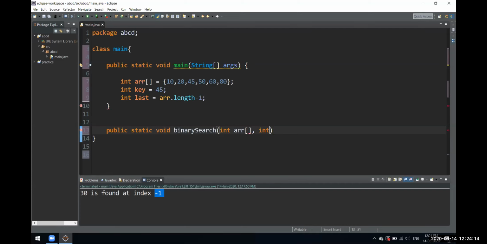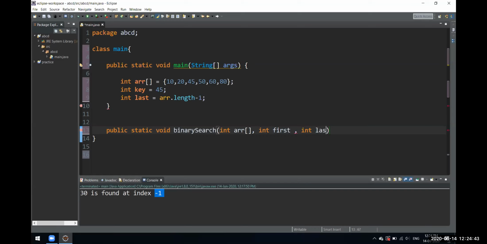We'll pass the int first. First would be the first element of that array, the first position from where we want to perform the search. It would be zero in our case, since the first index of our array is zero, but still we'll pass it. We'll specify everything. That would look cleaner.